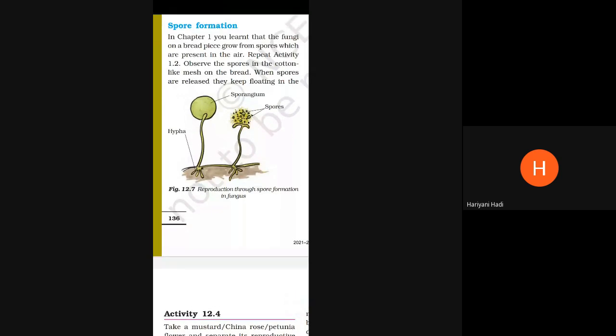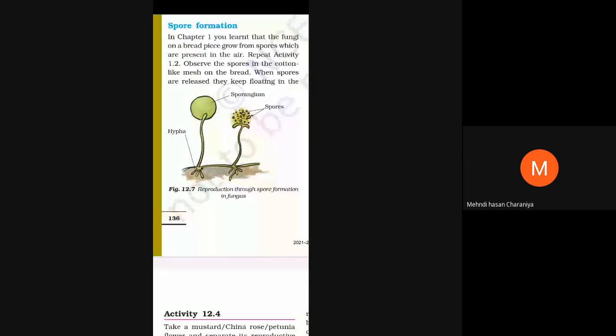For permission now, I want to ask Chania Mendes to read spore formation. Spore formation. In chapter 1, you learned that the fungi on a bread piece grow from spores which are present